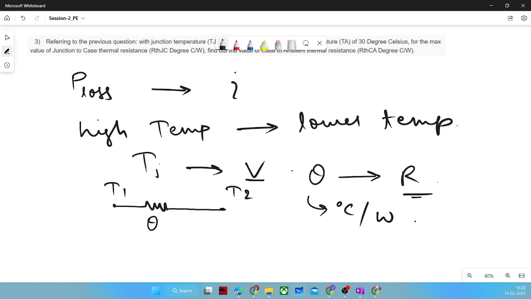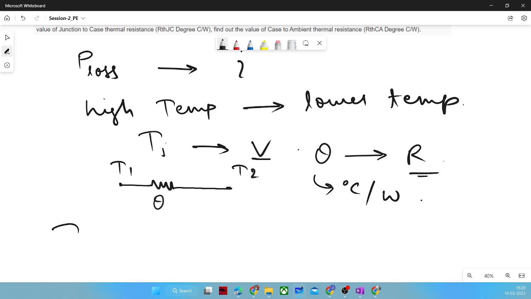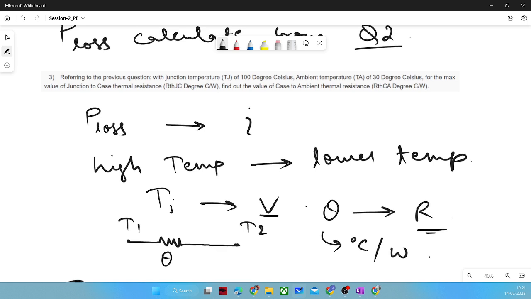So we generally go from inside to out. The innermost temperature node is the junction. After that, we go junction to case, case to sink, and sink to ambient. So in this problem, we need to find out the thermal resistance between case and ambient,